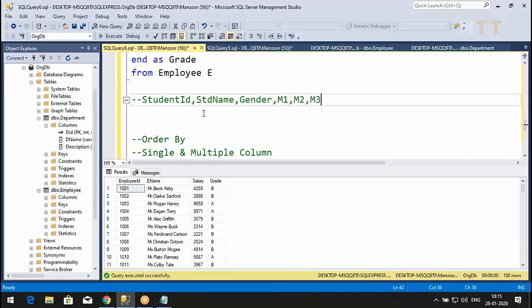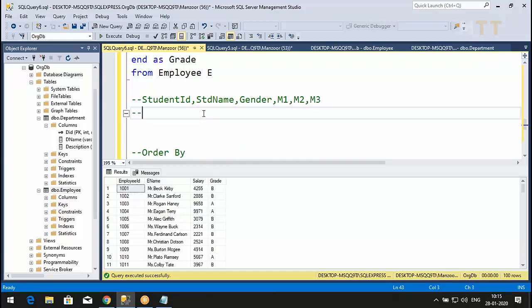We have all these things in a single table as of now. Now I want you to write a query to display student ID, student name with title prefixed, that is Mr. or Mrs. based upon the gender, and